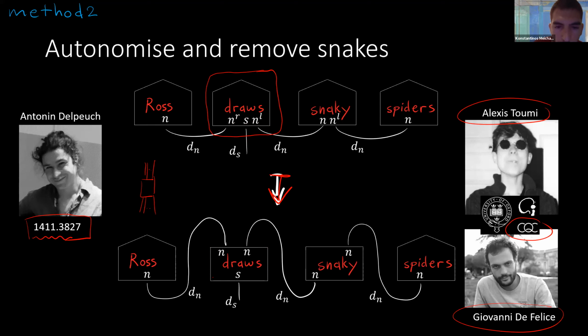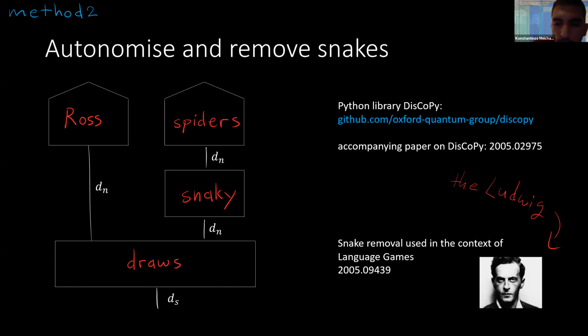So this is a process. "Draws" becomes a process with 2 inputs and 1 output. And you replace them so that the adjoints are now flowing. They become inputs, and you supplement these cups here, these maximally entangled states, so that you can bend them around. And basically, what you've done is you've replaced this state with this process with 2 inputs and 1 output. And now that you've done this, you have these snakes. And using another paper by Jamie Vicary that we're citing in our paper, you can yank the wires and get something like this.